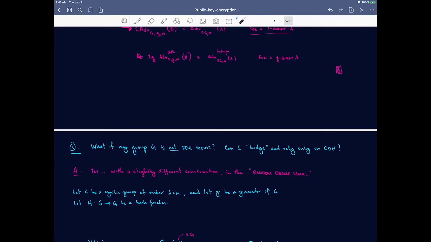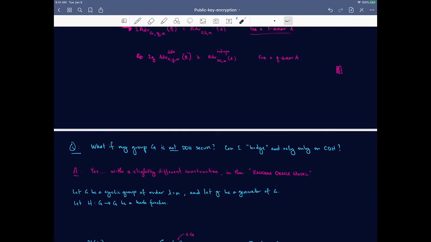With DDH, we're asking less of the adversary, right? We're saying, give us one bit of information, whether or not you've got a valid Diffie-Hellman triple or a random Diffie-Hellman triple. CDH says, given g to the x and g to the y, compute g to the xy, right? So let's say you have a group in which, because of the algebraic structure or whatever, DDH